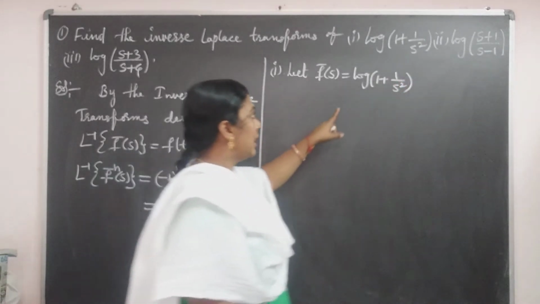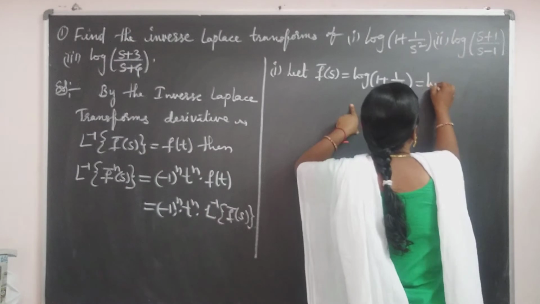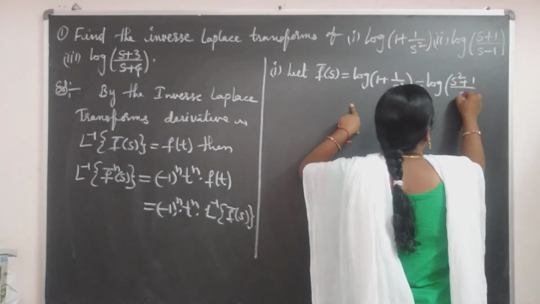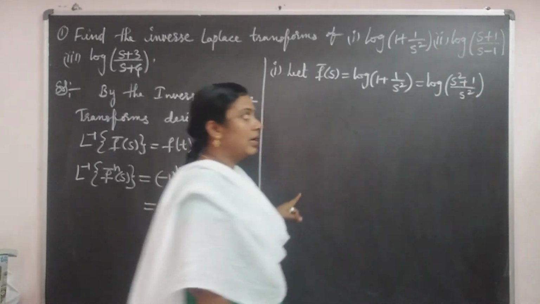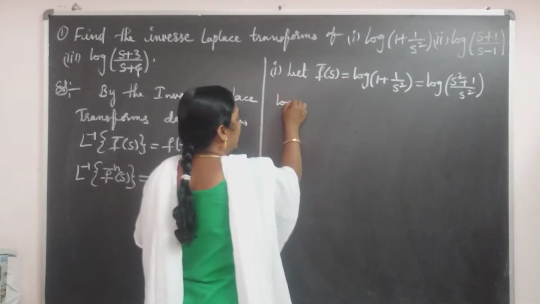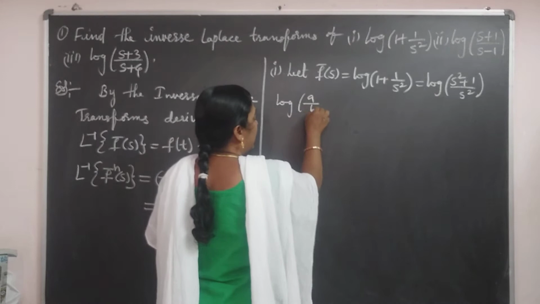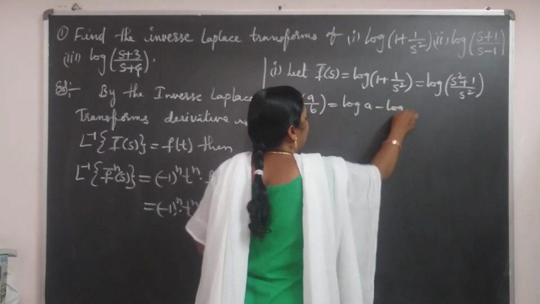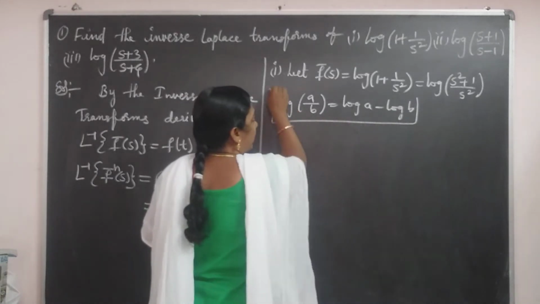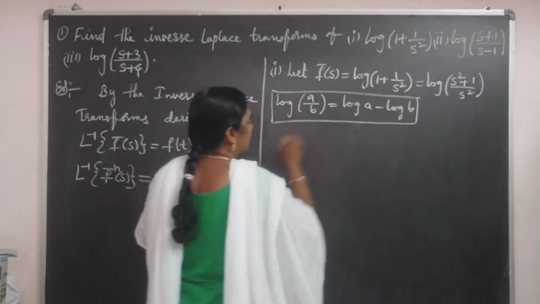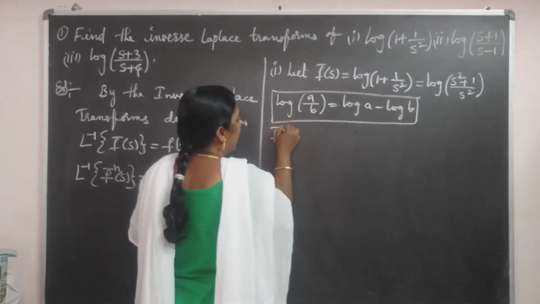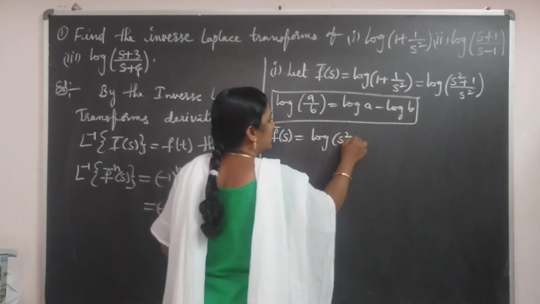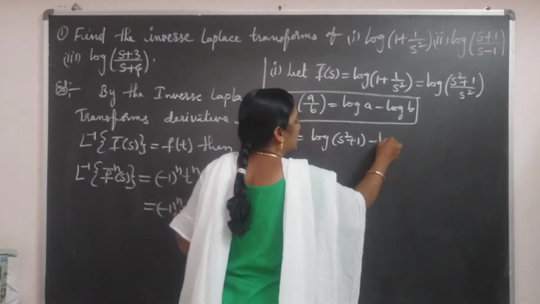Next, taking LCM for this function, log of s square plus 1 by s square. We know the rule, log of a by b is equal to log a minus log b. By this formula, f bar of s equals log of s square plus 1 minus